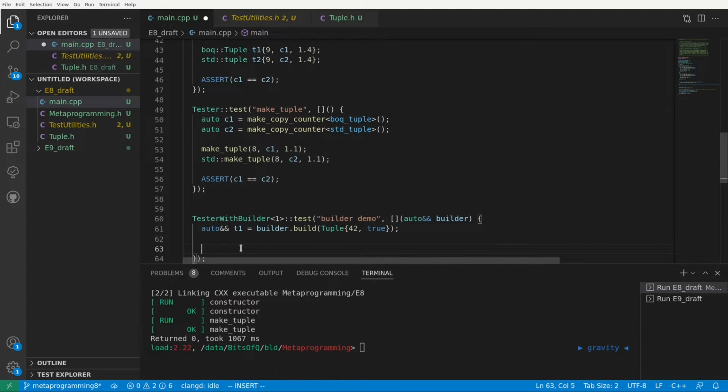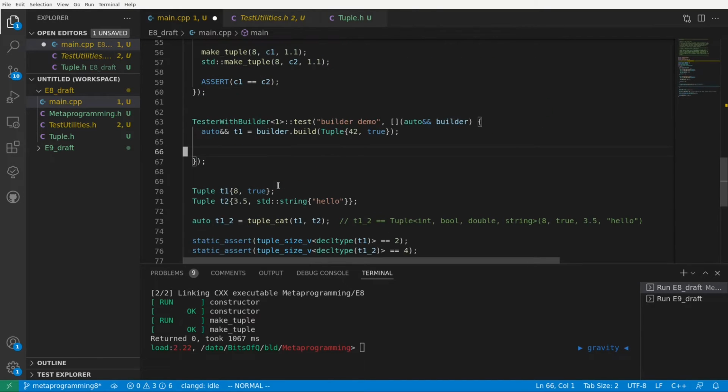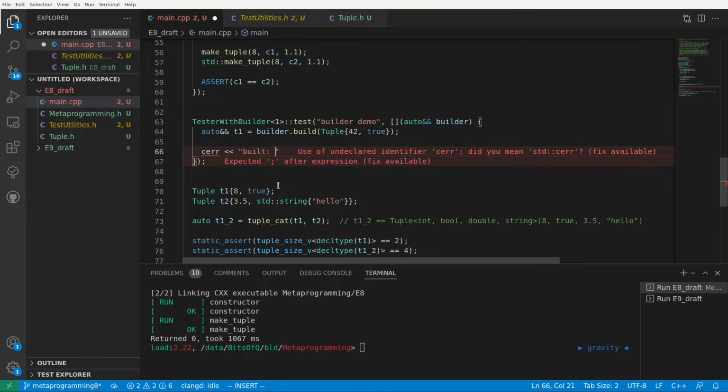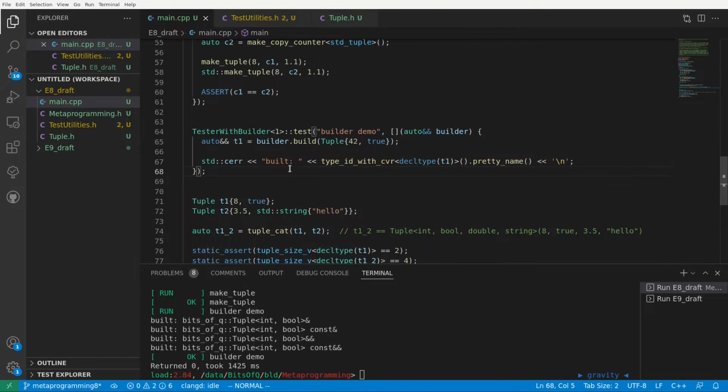This lambda is then going to be executed multiple times with different builders, and each of these builders will return an instance of this tuple as a const, non-const, lvalue or rvalue. I can show this by outputting the type that's returned using boost type ID with CVR. As you can see, this builder demo is now called 4 times. Once with a builder that returns an lvalue reference, then a const lvalue reference, an rvalue reference, and lastly a